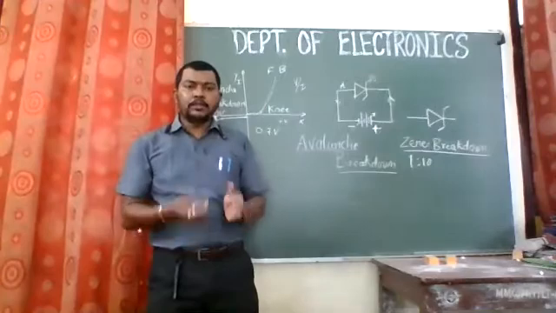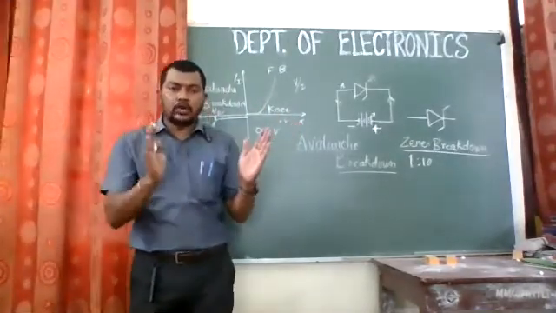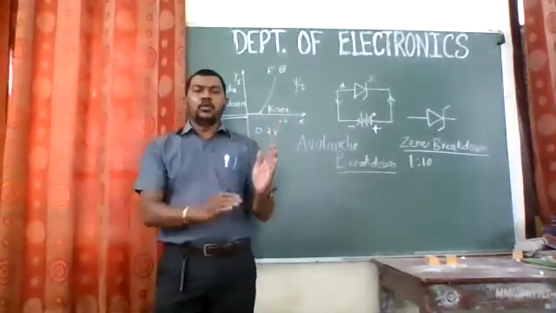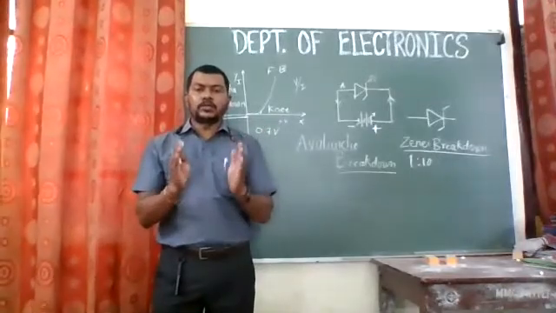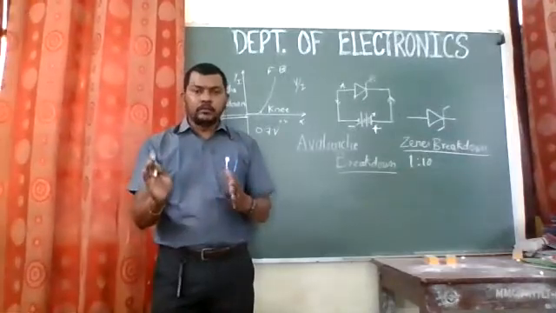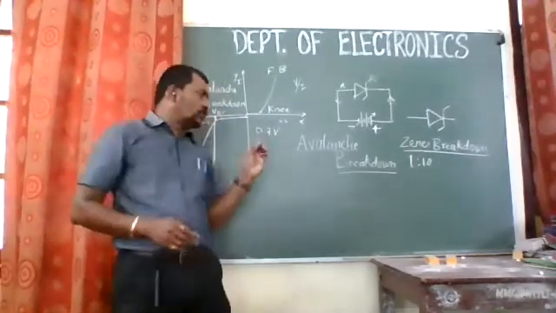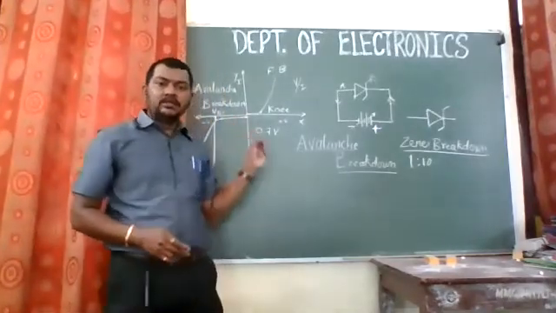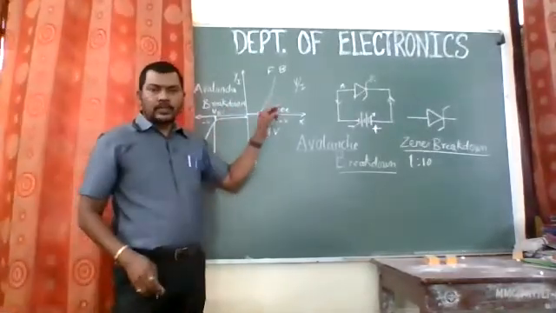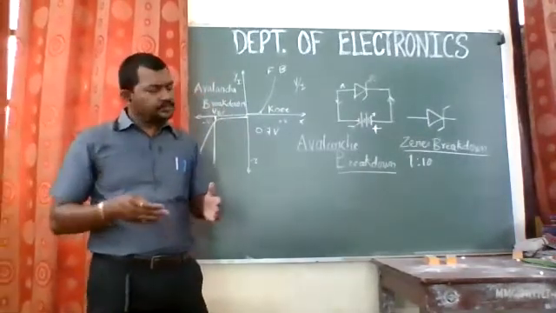Now, in this situation, what happens? Due to the attraction of positive holes towards the negative polarity and electrons towards the positive polarity, the depletion layer will increase, and theoretically no current should flow through a simple PN junction diode or any diode, because the diode does not conduct in reverse bias. But still, a very small, negligible reverse leakage current flows through the diode, which is in the range of microamperes.